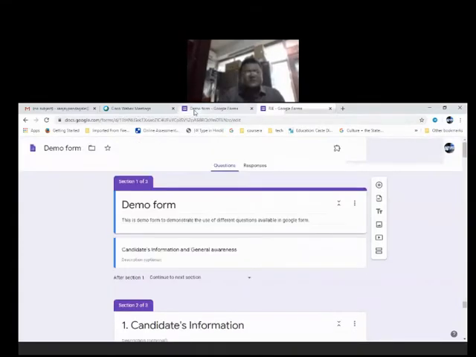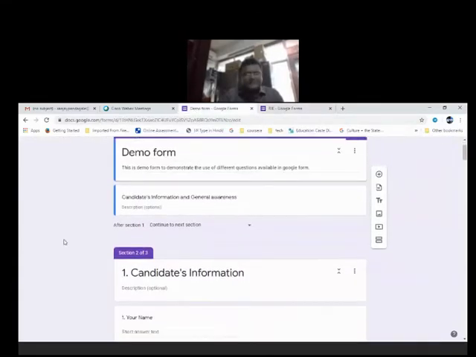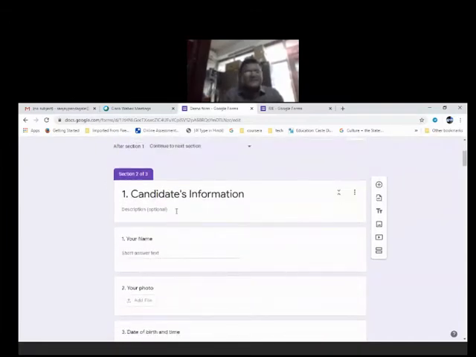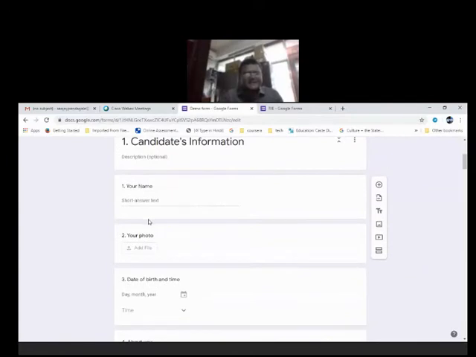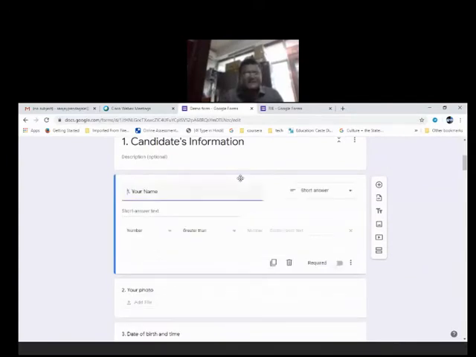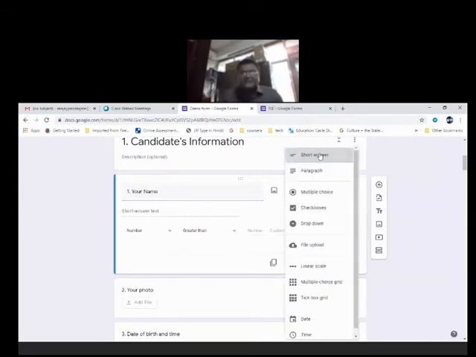So let me go to my original form. The second section of my form is candidate description. So the first question is your name. You can find it here. Short answer means first I have to type. If you want to give numbers to your question, you can give that. Otherwise, you can straightaway start. So I have given number 1 for your name. Your name, and obviously the name will be Dr. Sanjay Kumar Pandagle. So it is a short answer type question. So I have chosen from this area short answer.